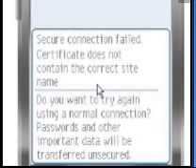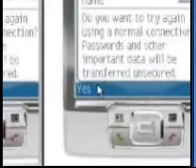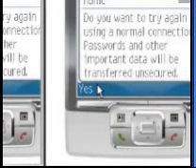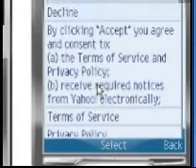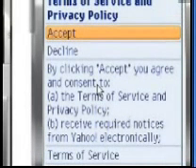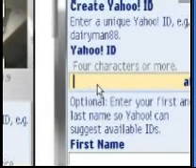After that, see that message, click the wing of the button in the cell phone. Yeah, that one. Requesting data. See the agreement of Yahoo. Just accept it. Then now you can create your own ID.